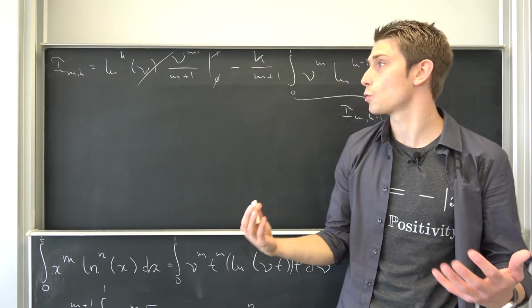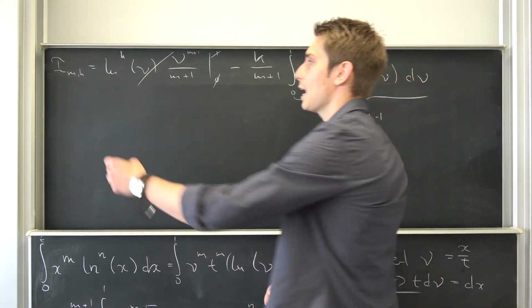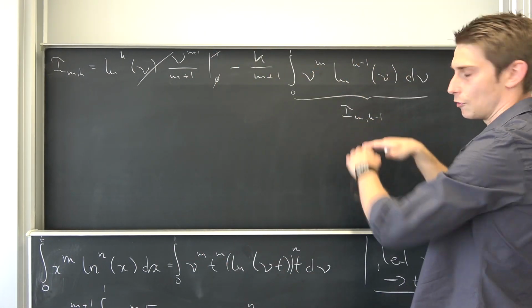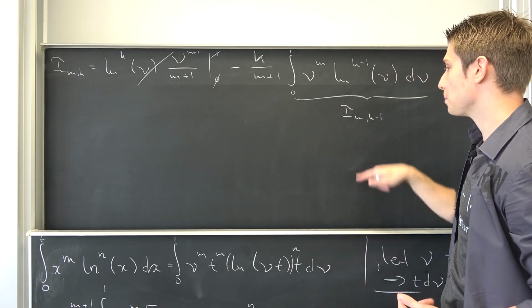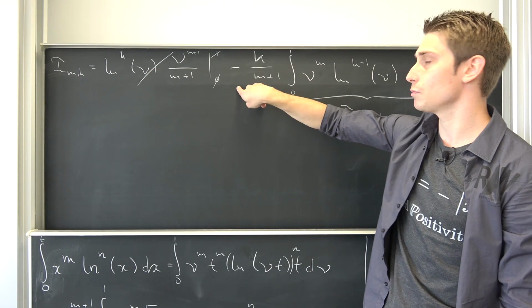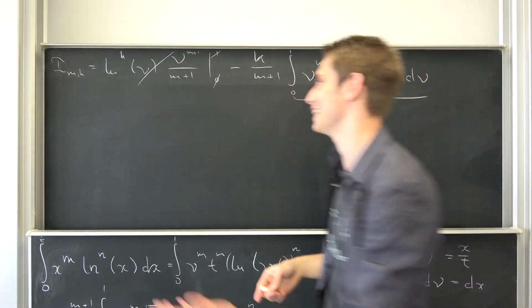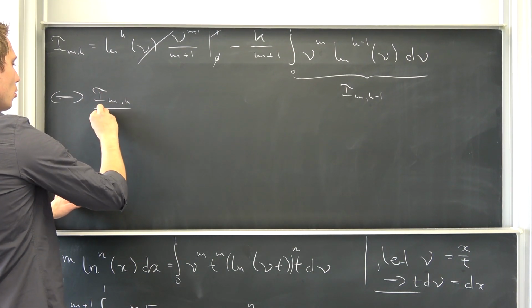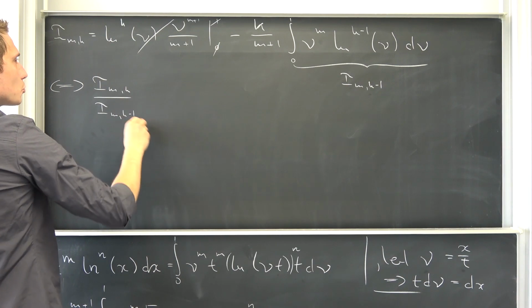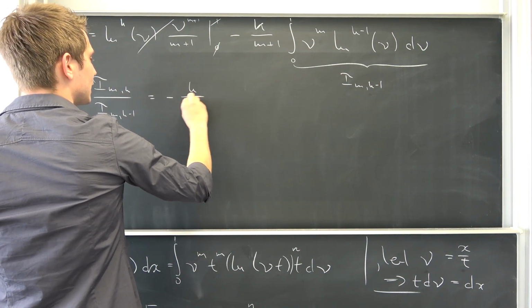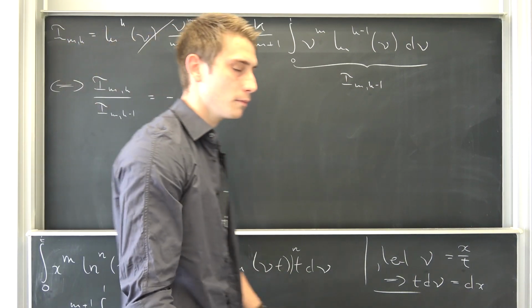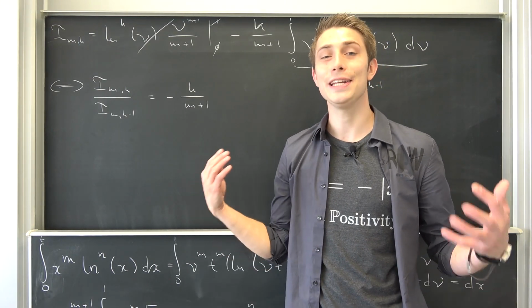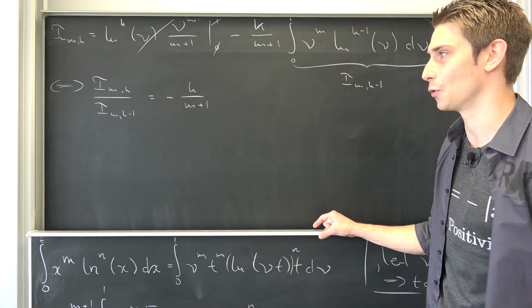And this is going to provide us with a really, really nice result, namely that I of m comma k is negative k over m plus 1 times I of m comma k minus 1. We are going to divide both sides by this term to be left with a really nice discrete expression right here. Okay, so that's equivalent to saying I of m comma k over I of m comma k minus 1 is thus nothing but negative k over m plus 1. And here comes integration by parts in a really, really fancy way. Now it's going to go really nicely.